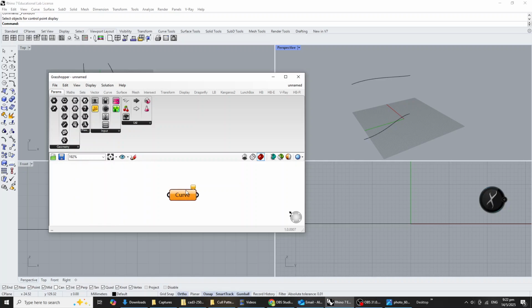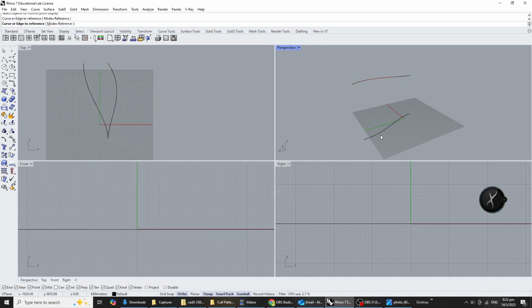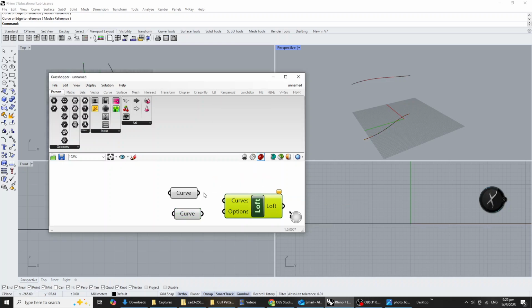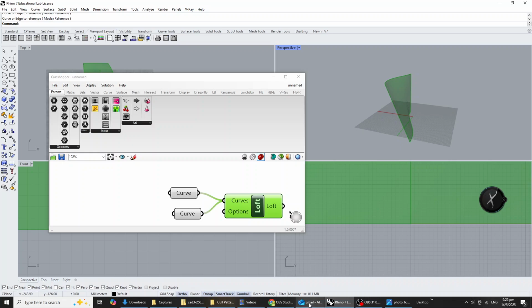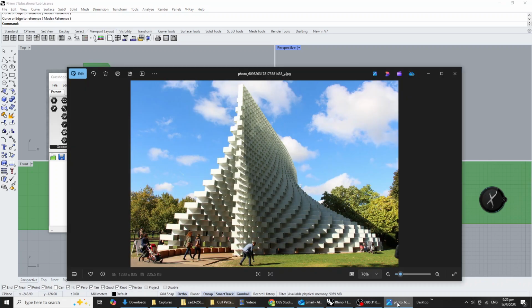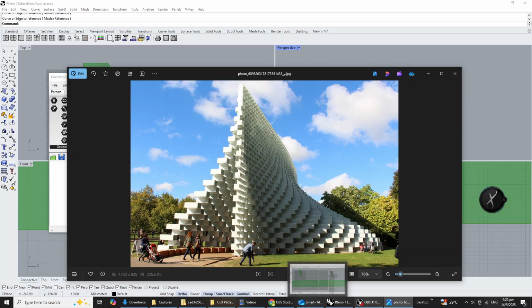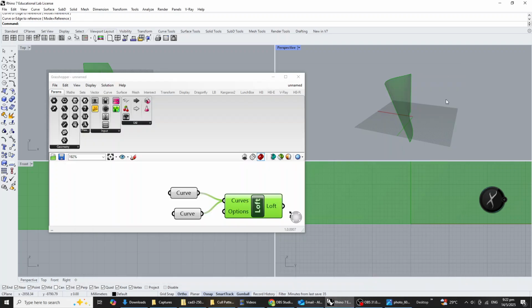curve inputs. So this is the first one, Ctrl C, Ctrl V, set one curve, first curve, set one curve, second curve. Okay, and then we're going to loft these 2 together. Yeah, so this would kind of look like this, at least this shape first. Okay, then now what we're gonna do,